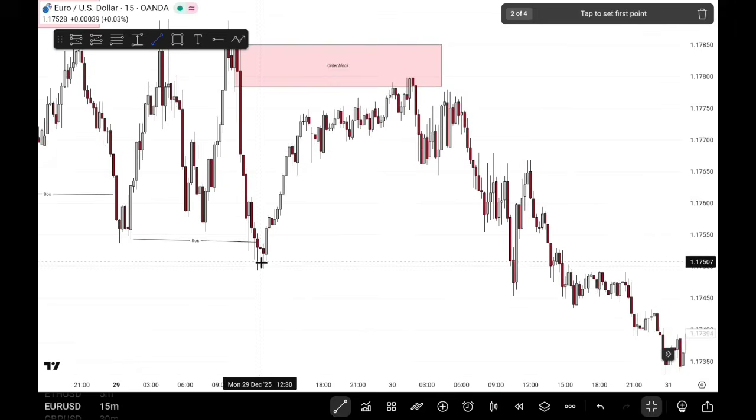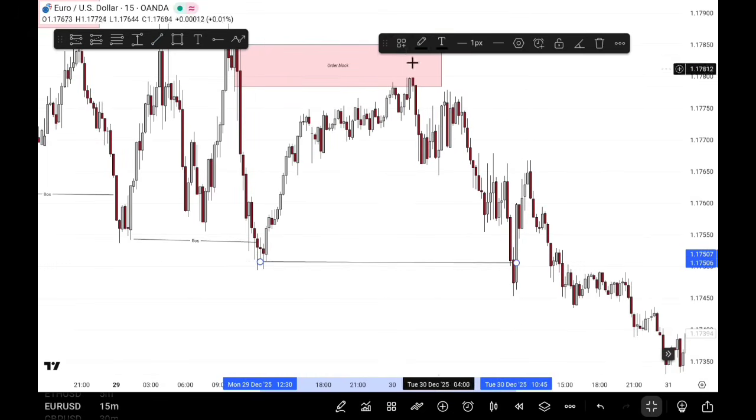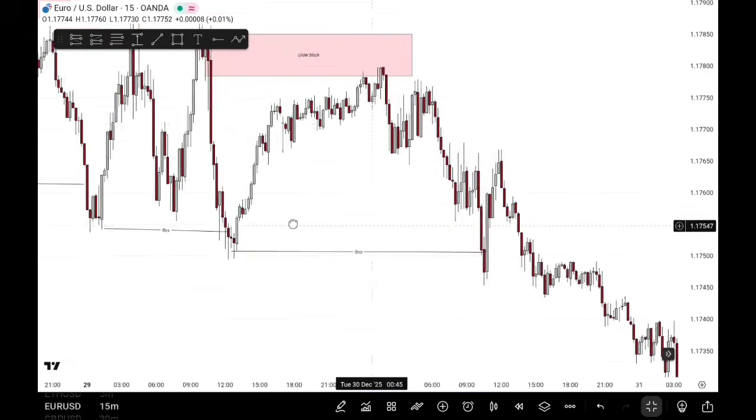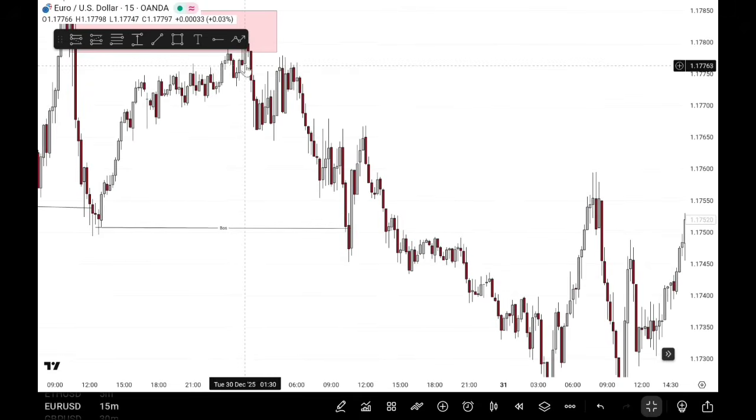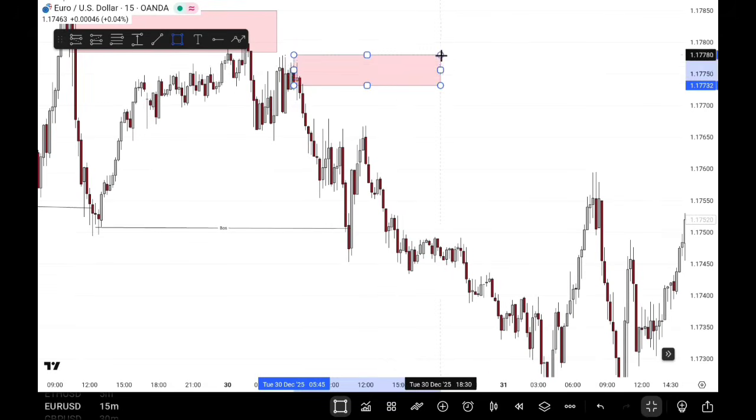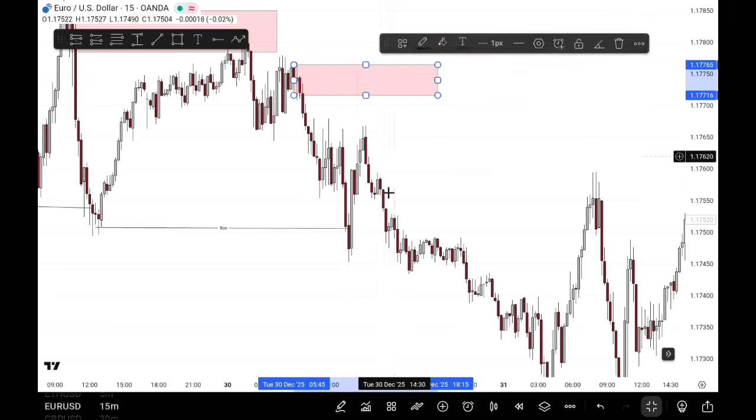And we also have another break of structure to the downside. So we also have another break of structure to the downside. And after that, price reacted, price not initially. This is the order block that causes this break of structure to the downside. So price will not react from the order block. So price reacted from this order block, which is here, because